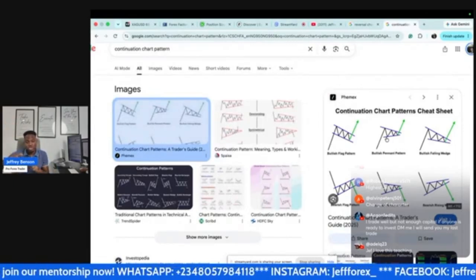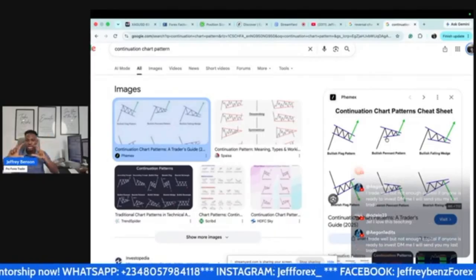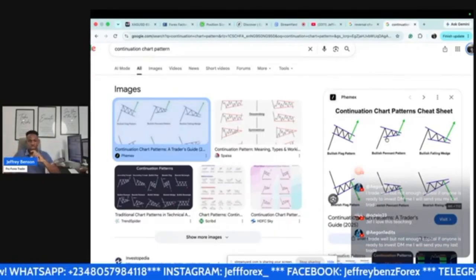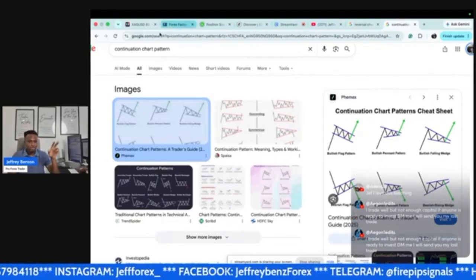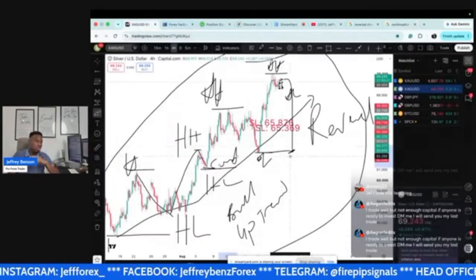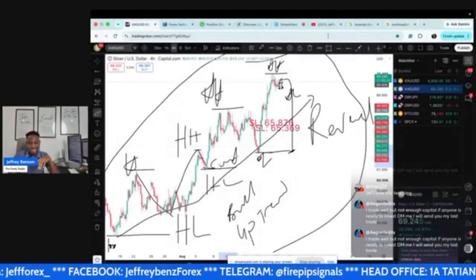But if it's a reversal, you saw a head and shoulder, it's telling you that I was buying before, now I want to start selling. Stop using them wrongly. All right. So I've also broken that down in one of my videos where I talk about reversal chart patterns and many